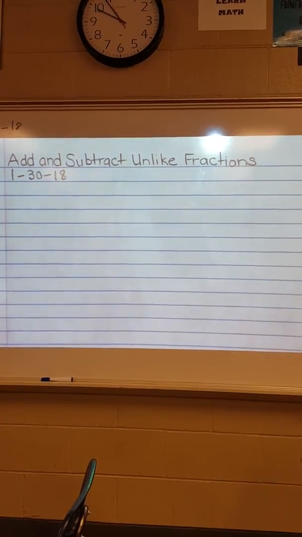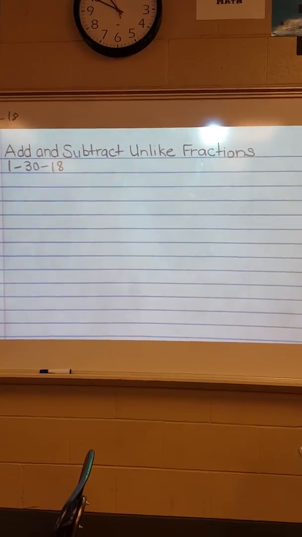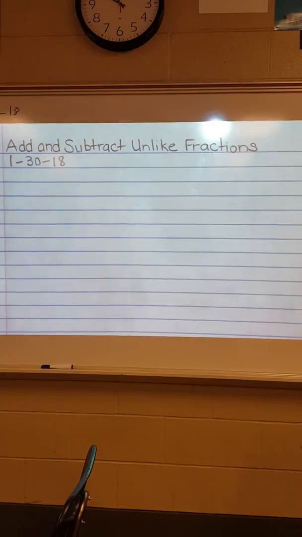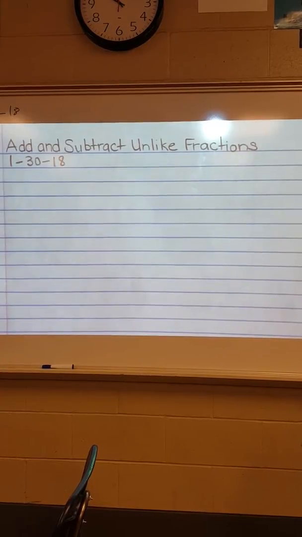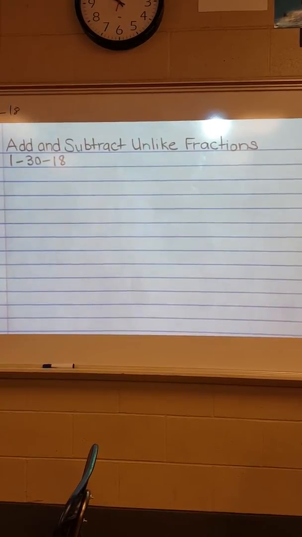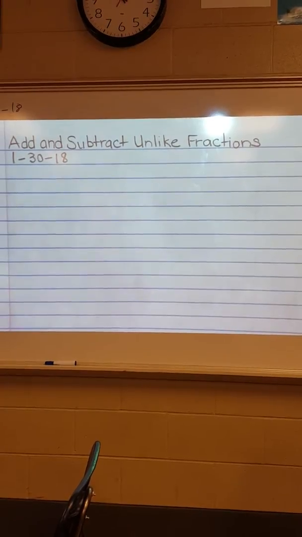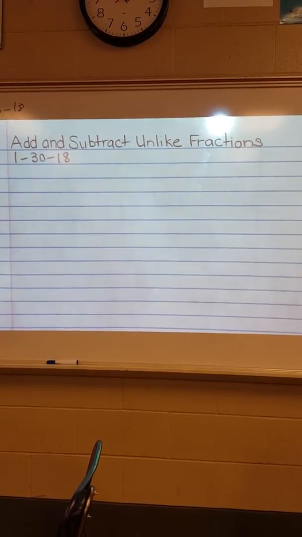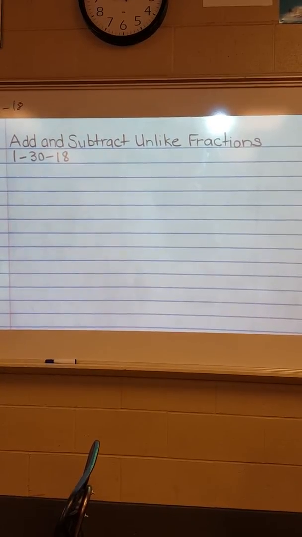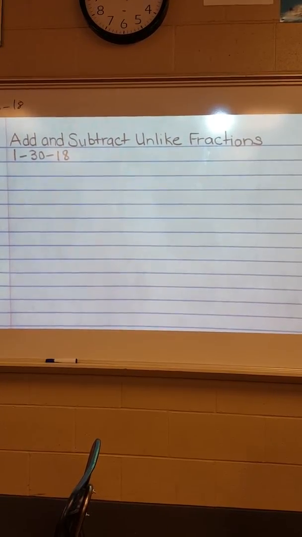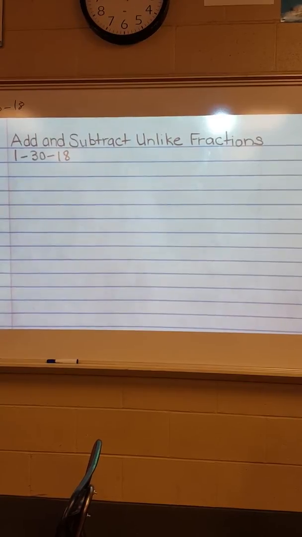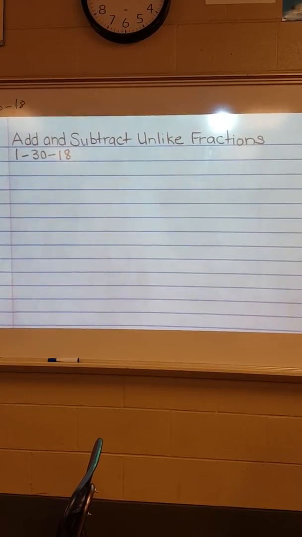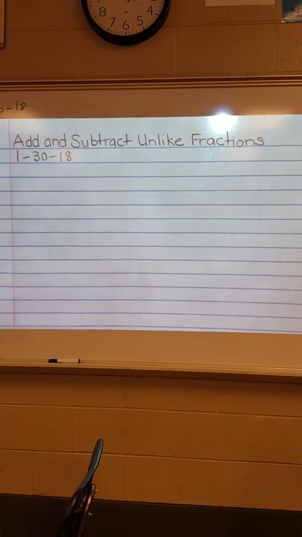Well, what we have found out through manipulatives is that when we have fractions with different denominators, you cannot simply add the numerators and then add the denominators. That's simply not going to work. So what we're going to do today is show you how to tackle adding unlike fractions without manipulatives. We'll do several. We'll tackle